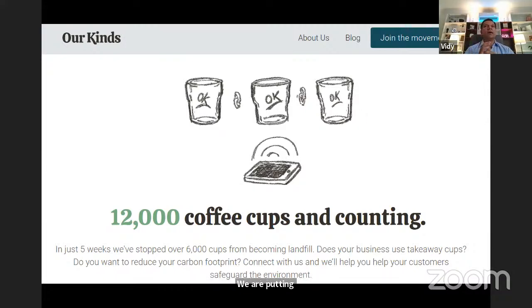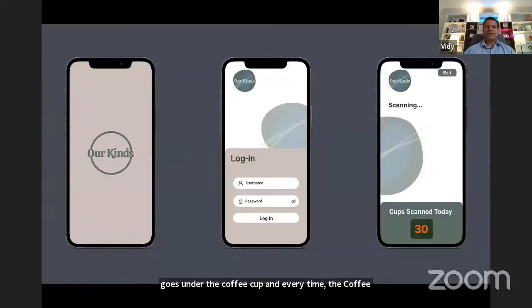And every time the coffee cup is reused, we scan the coffee cup using this mobile app, just using the phone camera, and then they can reuse the cups. Some example you can see here, like we scanned 30 cups today and so on.